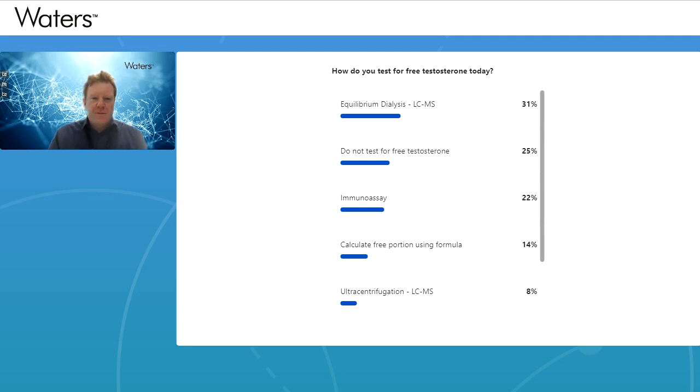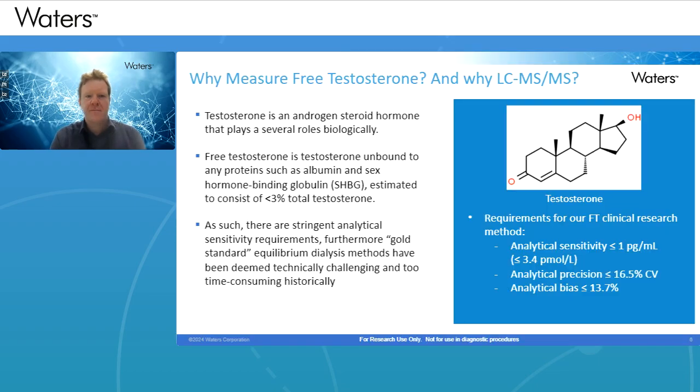It would appear that 30% of the group use equilibrium dialysis with LC-MS, with some using ultracentrifugation. Immunoassay is a popular option, as is calculating the free portion using a formula, and then a quarter of the responders do not test for free testosterone at all. So thank you for your input there, and we'll proceed with the rest of the presentation.